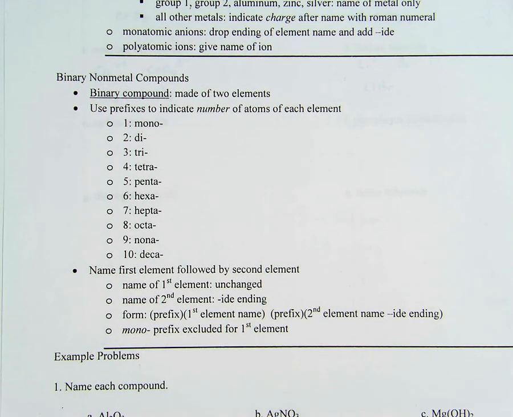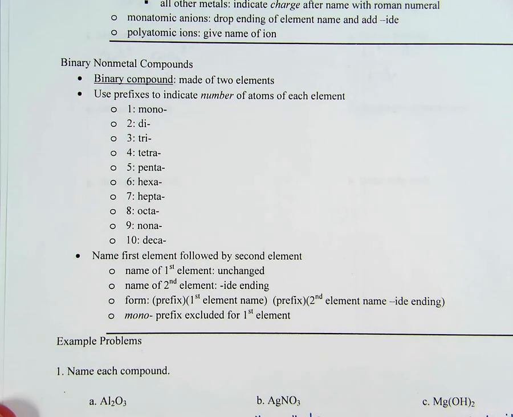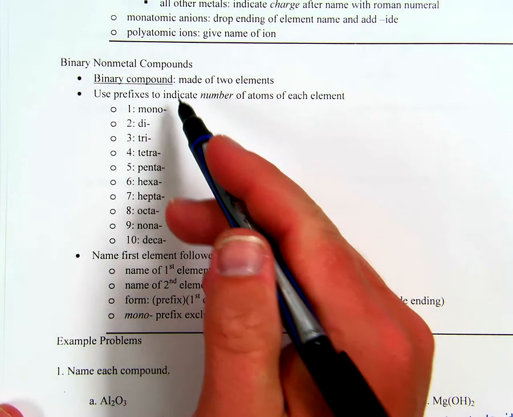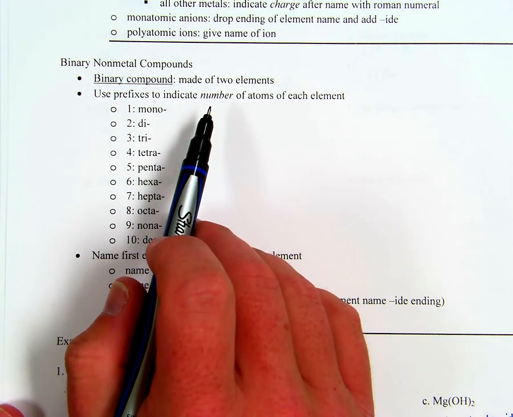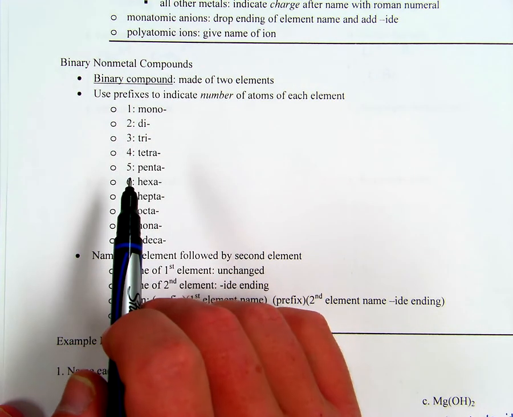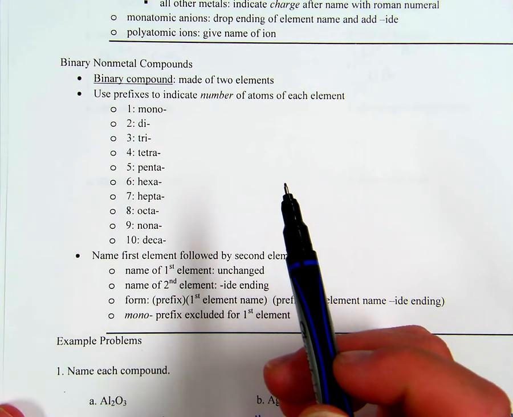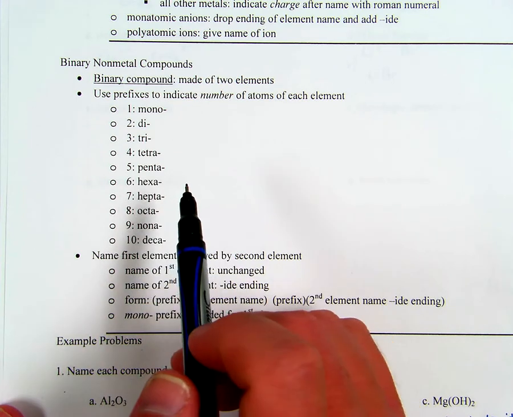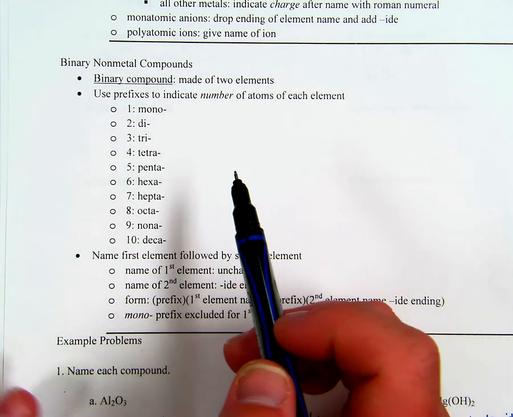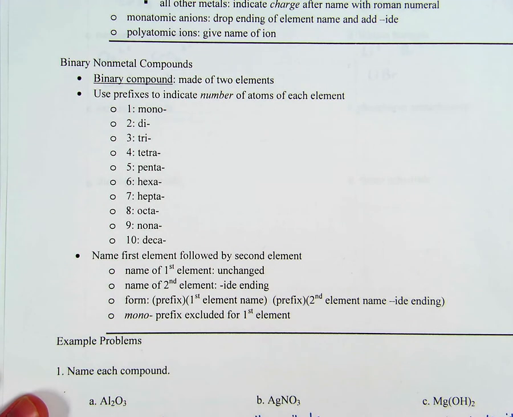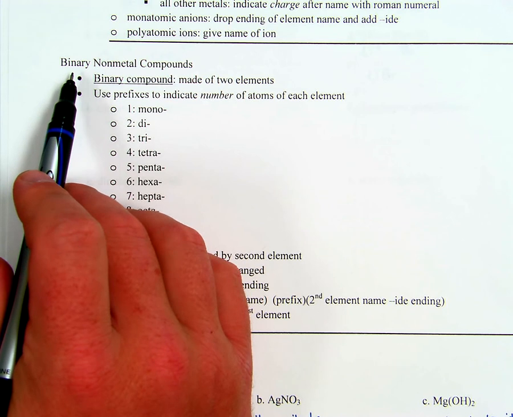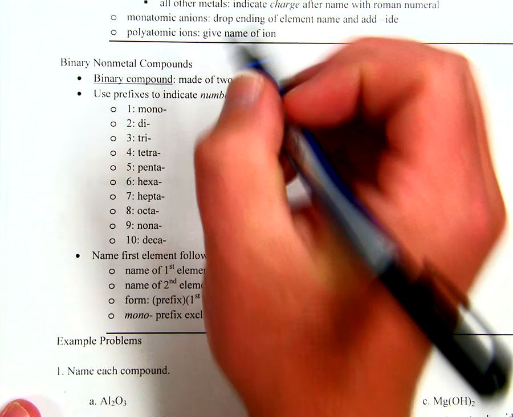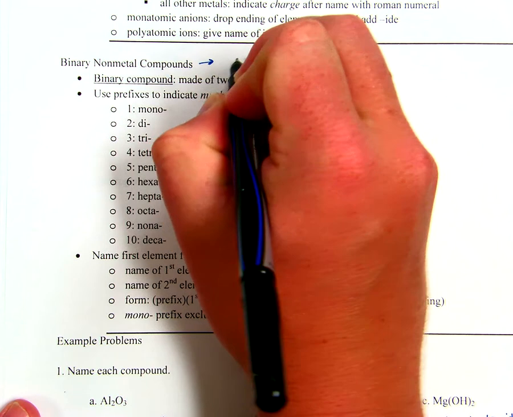Alright, so you've read the rules, and what you've seen here is that we have to use these prefixes to show the number of atoms. The reason we have to do this for these binary nonmetal compounds is because there are no charges on them. We can't look at a charge and figure out how many of each we need to make the charges balance because there are no charges. Before we proceed with any examples, the term binary means 2, or 2 names. So what we mean by a binary nonmetal compound is compounds that are made of 2